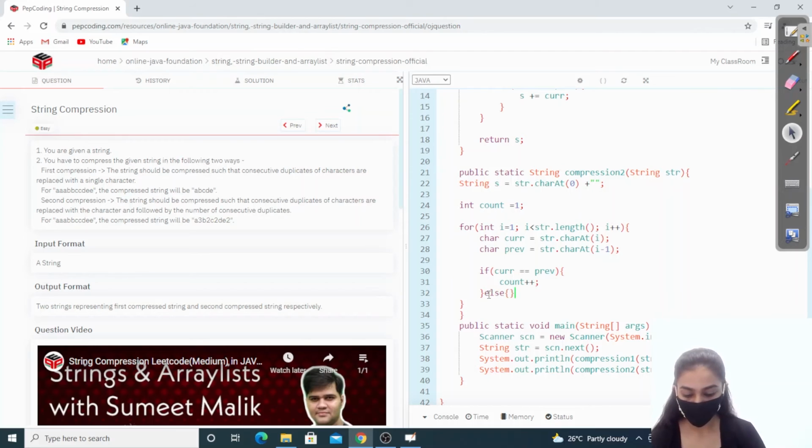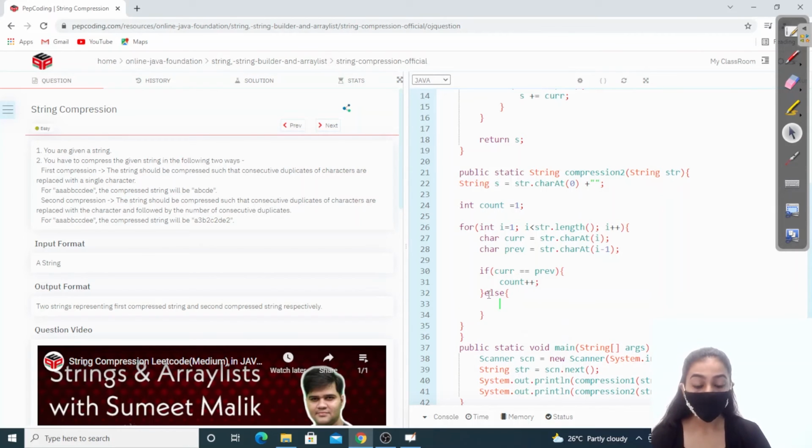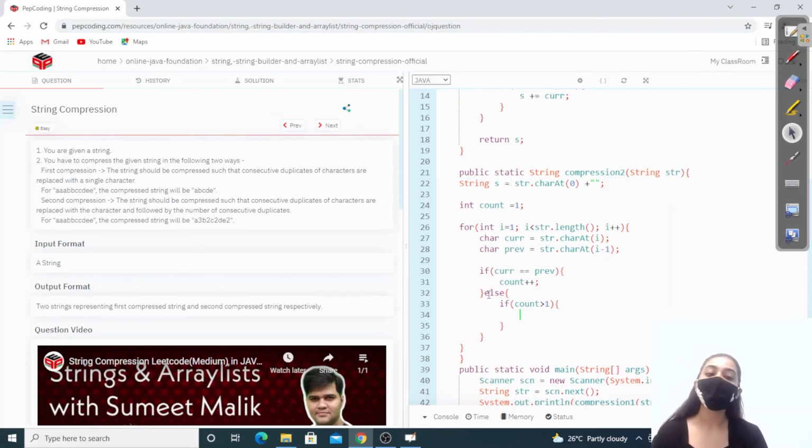Otherwise, we have to check whether the count is greater than 1, right? This is the condition. So if count is greater than 1, then only we'll add the count to the output string. So s plus is equal to the count.